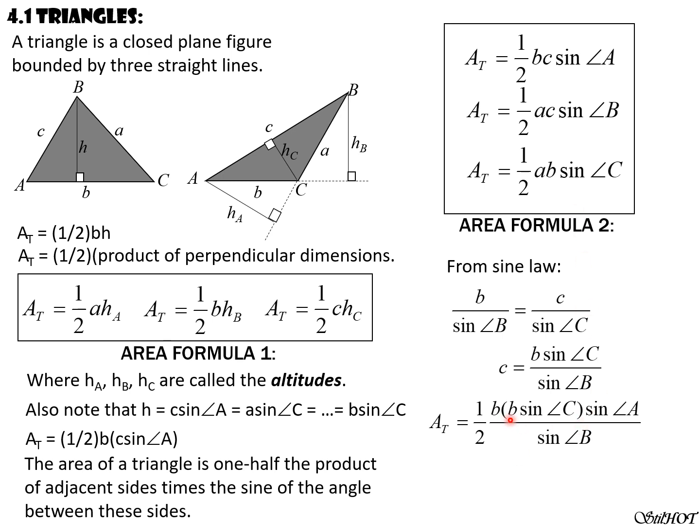So sine adjacent to B, so for instance, B square sine angle A, sine angle C, because these angles are adjacent to B. Then divided by sine of the angle opposite to side B. We also note that angle B is equal to 180 degrees minus quantity angle A plus angle C. And sine of quantity 180 degrees minus quantity angle A plus angle C is simply sine of quantity angle A plus angle C, because sine of an angle and its supplement are equal.